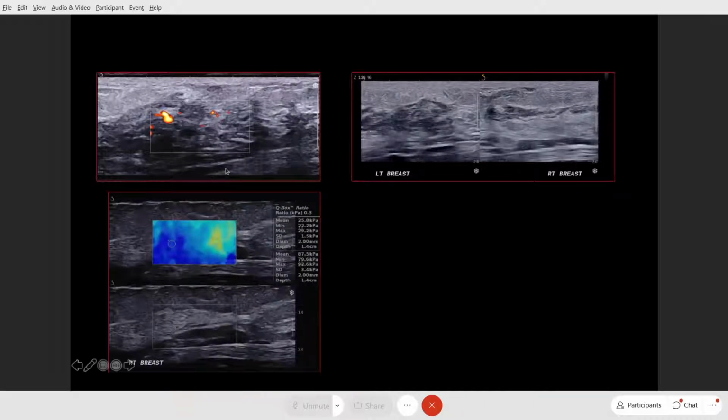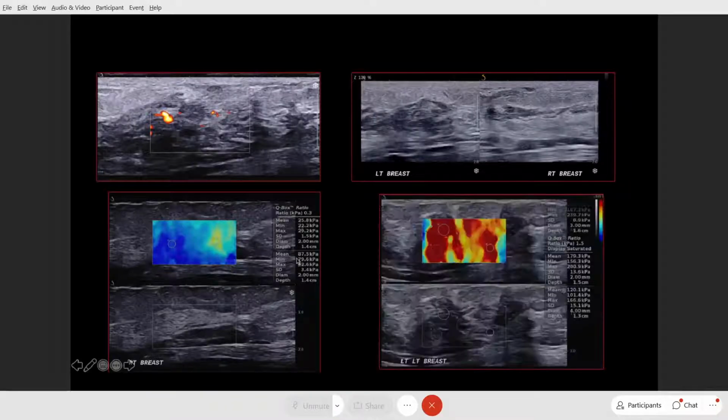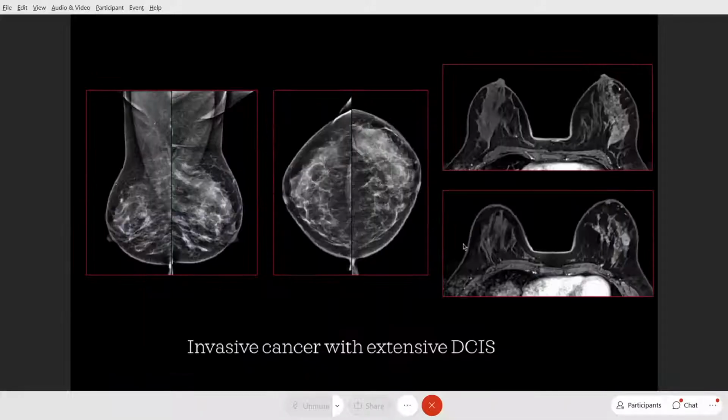Now, the elastography of the normal right breast shows very normal values of less than 30, and the elastography of these sheets of abnormal non-mass area shows way high, up to 250. So now I'm pretty sure that she is not having just the abnormal lump, but the surrounding area is definitely abnormal in her left breast. The palpable lesion was biopsied and it was an invasive ductal cancer, and we then proceeded with the mammogram.